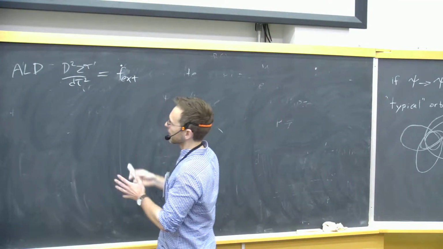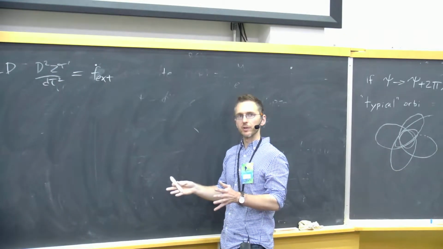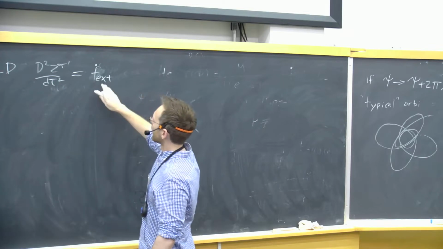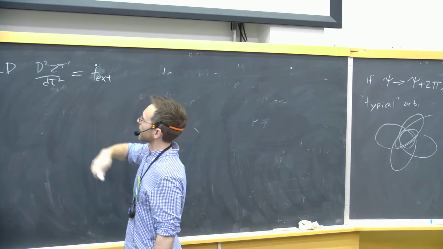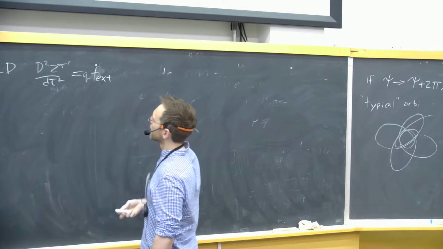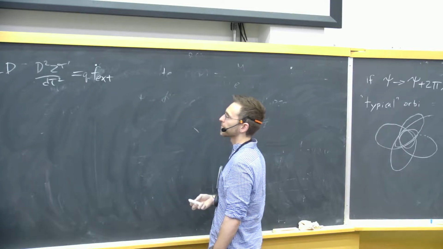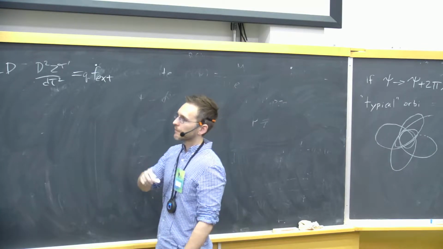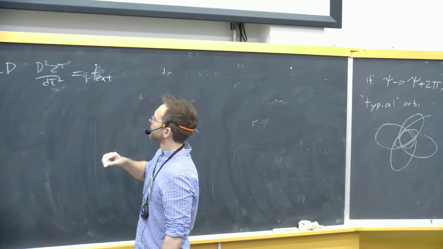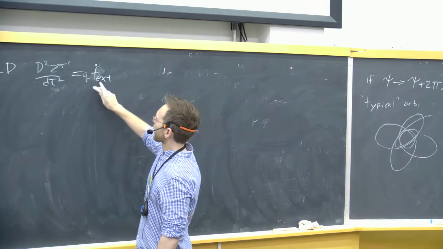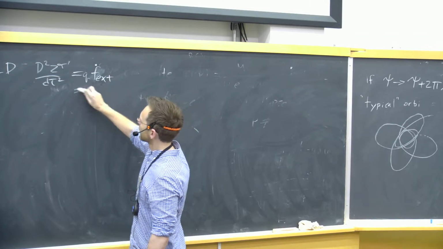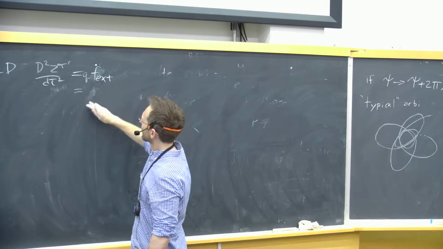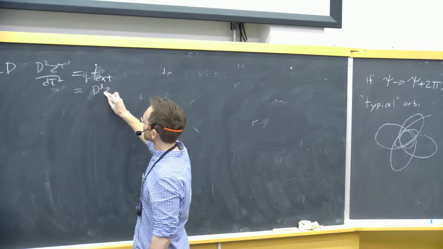So that's like you apply an external electromagnetic field, it accelerates the particle, and that acceleration creates an electromagnetic self-force that affects the motion. Why the time derivative? This is the time derivative of the external force, so oftentimes this will be written as like the third derivative